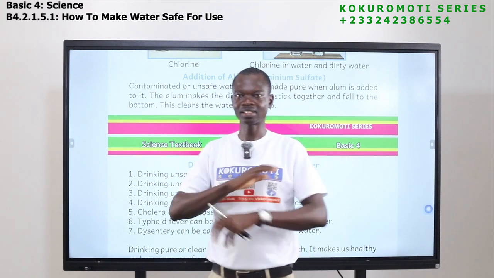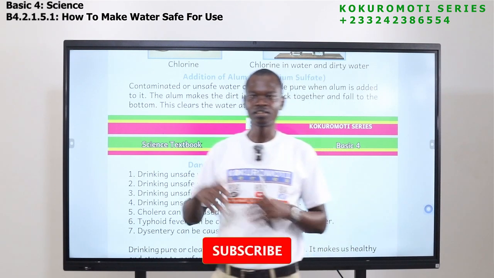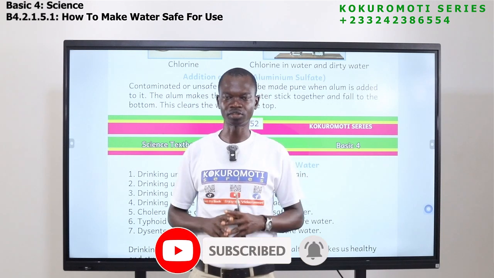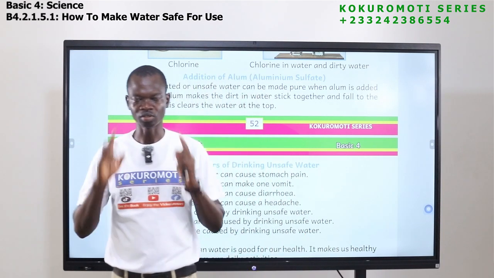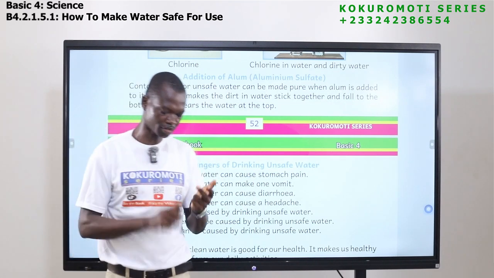But alum doesn't kill germs. Alum only separates the solid particles from the liquid. So alum will gather all the solid particles at the bottom, and then you see the clean water will be on top. So listen, if you want to clean your water, you have chlorine, you have alum,